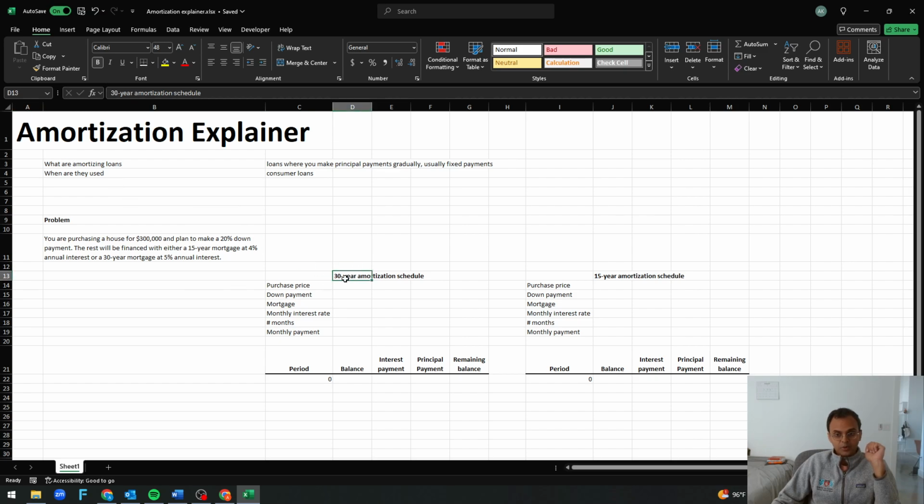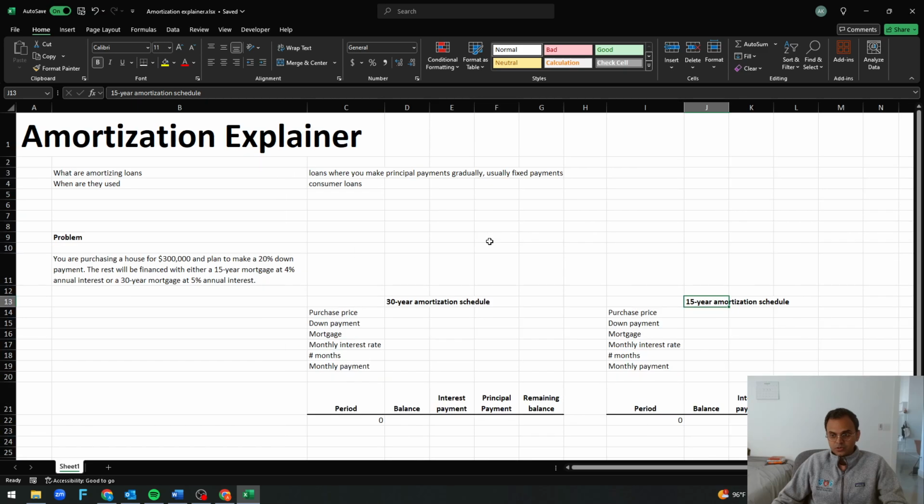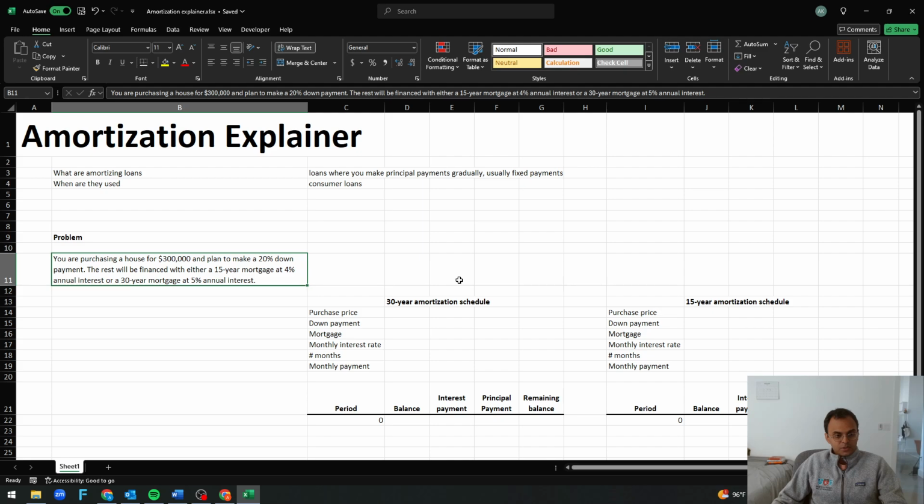So in this example, we're going to build a 30-year and a 15-year amortization schedule. So let me zoom this in a bit. So what's the purchase? Here's the problem. We're buying a house for $300,000. We're going to make a 20% down payment. And then the rest of the money is going to be financed either by a 15-year mortgage or a 30-year